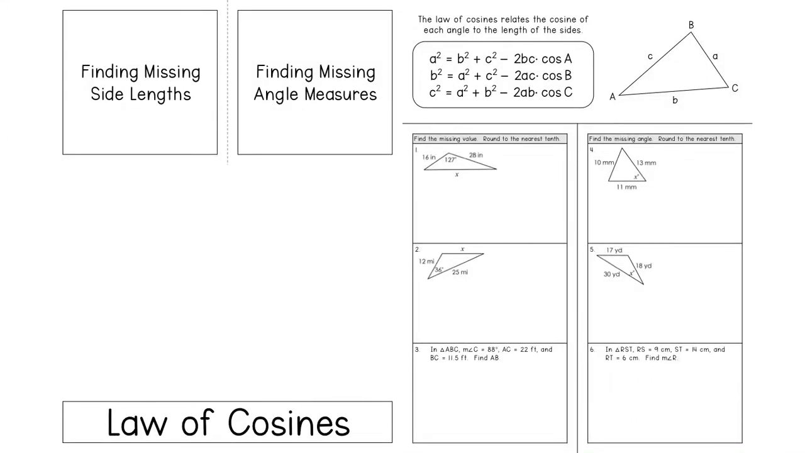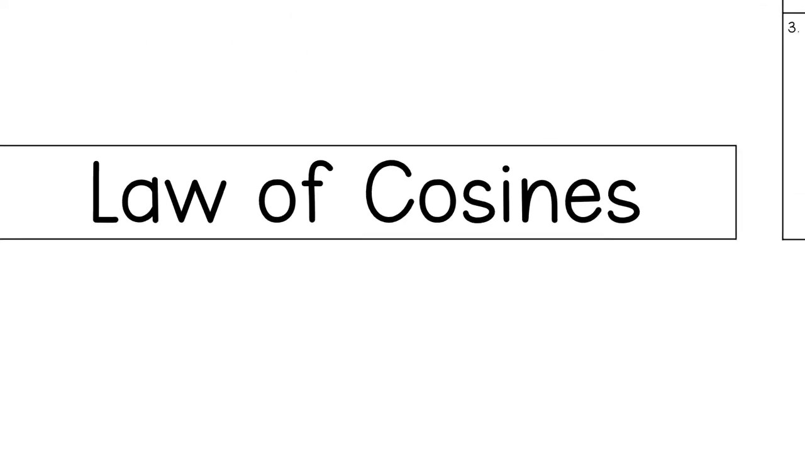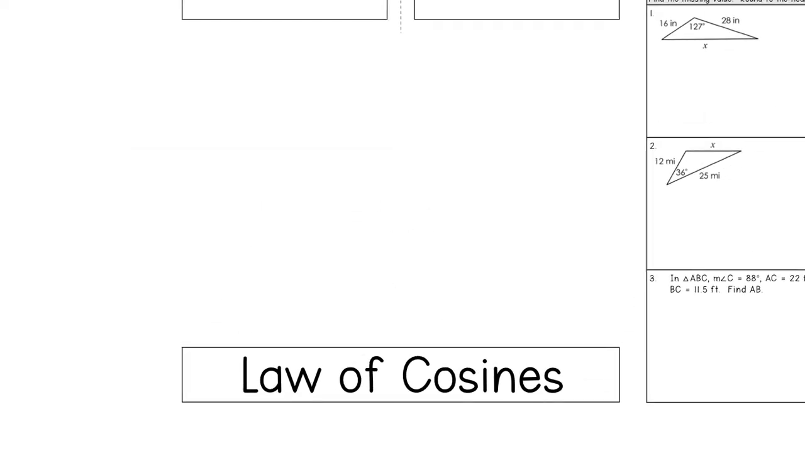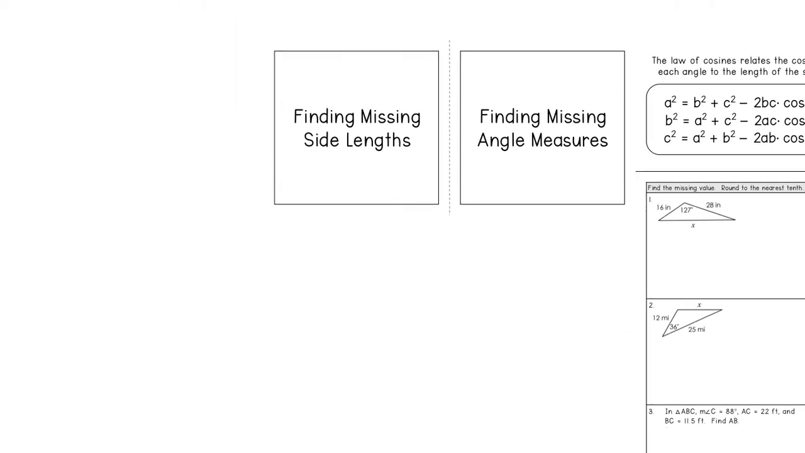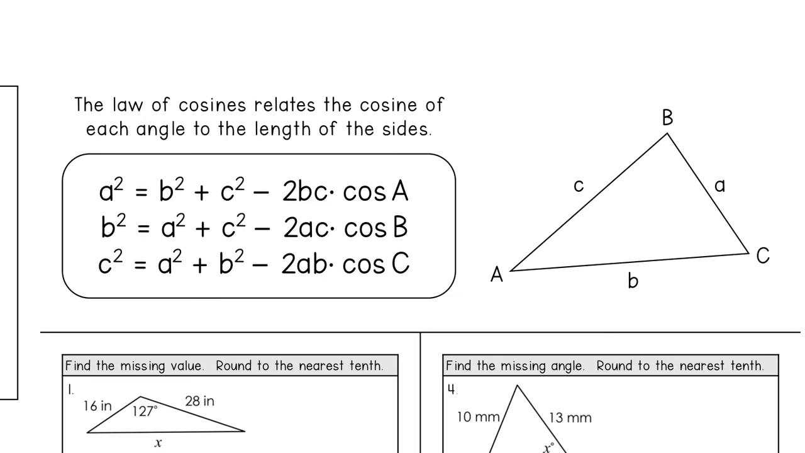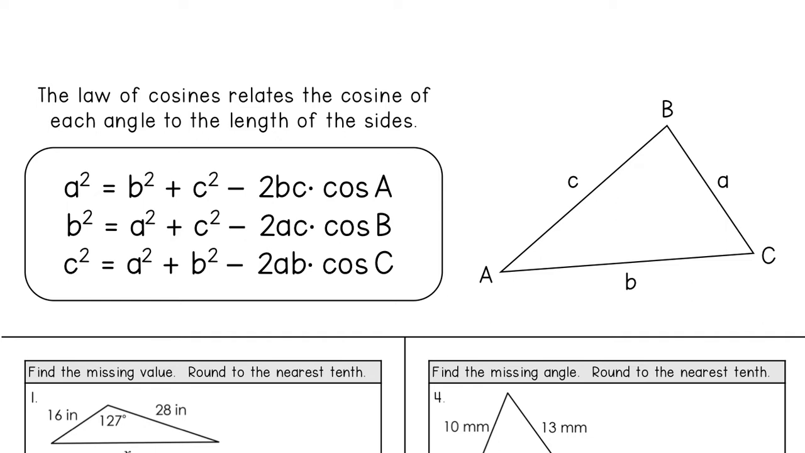Hey guys, yesterday we learned about the law of sines, but it turns out that there is also a law of cosines. And we are going to use it to find both missing side lengths and missing angle measures. So the picture would still be about the same. When you look at a triangle,